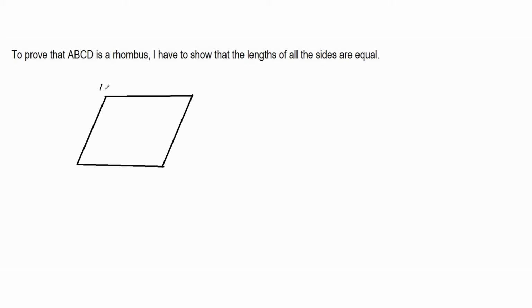So assume that this is ABCD. Now if I want to show that this particular shape is a rhombus, it's going to be quite simple. I will have to find the length AB, the length BC, the length CD and DA. That is, I have to find all four lengths. I can find these lengths because the length AB is the distance between points A and B, and since the coordinates of A and B are known, I can definitely find the distance. So I would use the coordinates of all four points and find the distances between them.